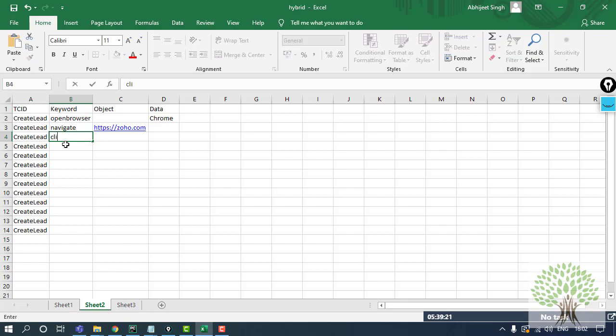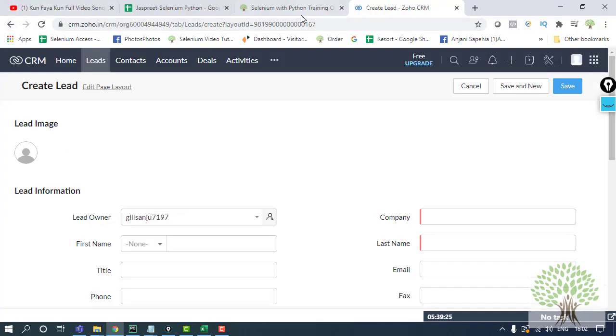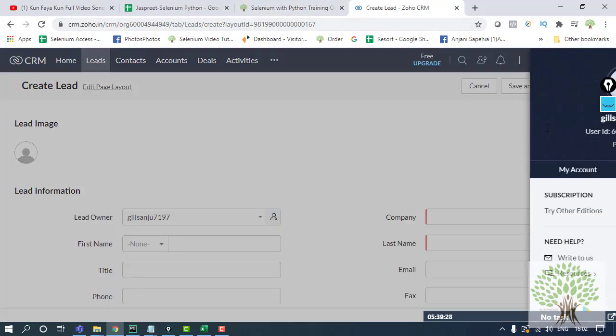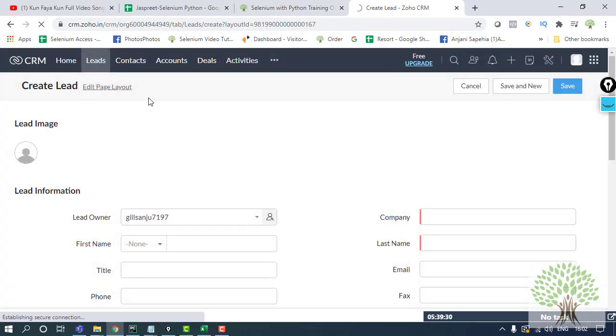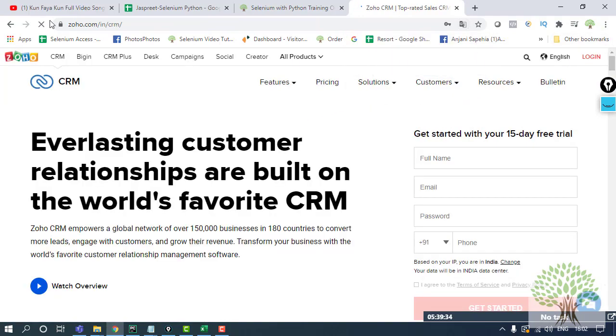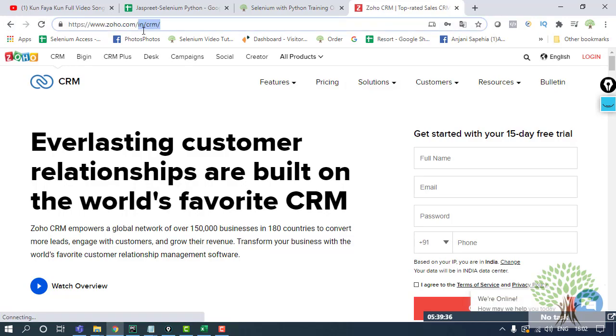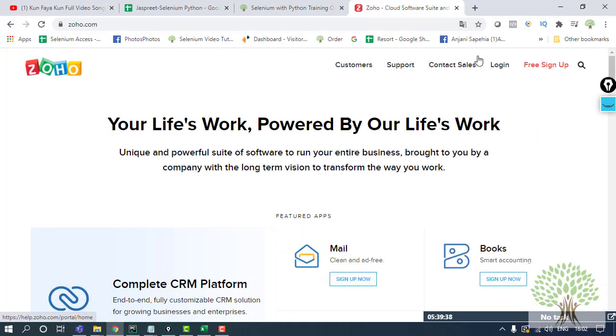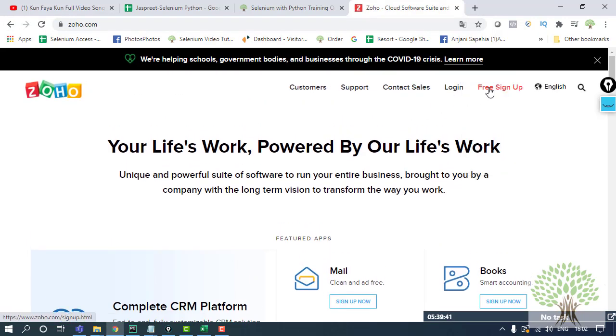Then after opening zoho.com, what I need to do is click on the login link. Right. So my step is to click. What I need to click, let's just see. I'll open up zoho.com. I'll just log out from here. And this is the login link that I will be clicking on.